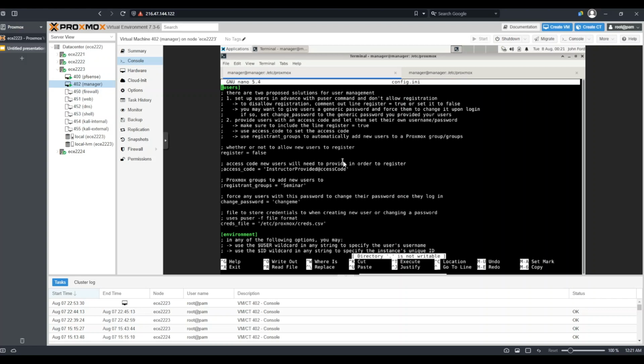Editing the config.ini file, the first change I would like to make is to set register to true. This will create the registration page that users can then utilize to register and create their respective accounts. In addition to that, I will set the access code by uncommenting this line. That is just removing the preceding semicolon and setting the access code to what I would like to set it